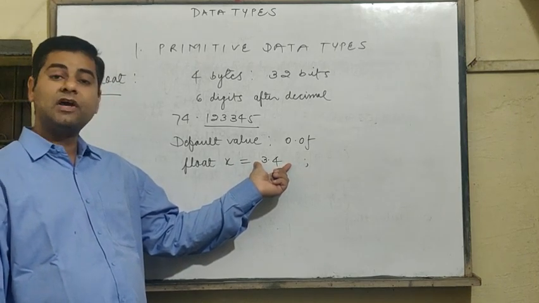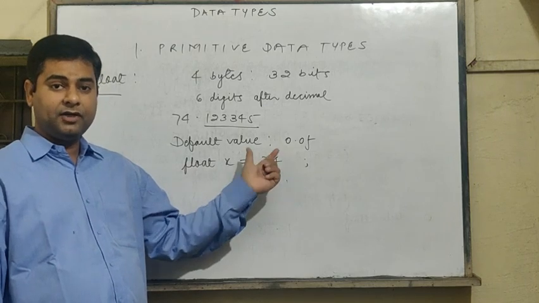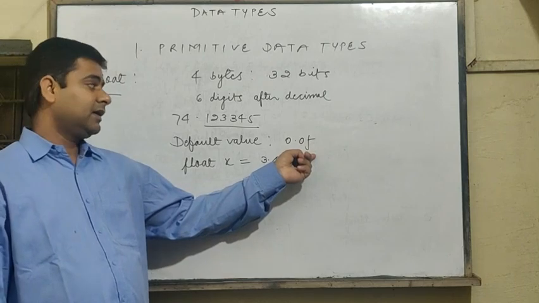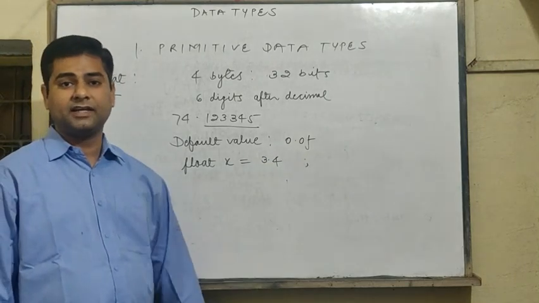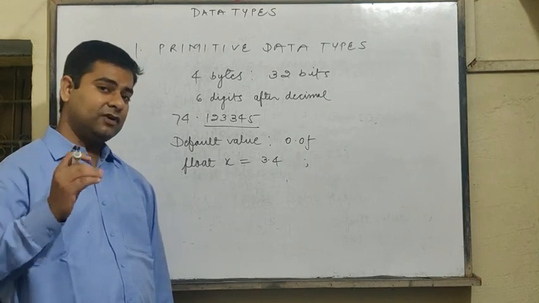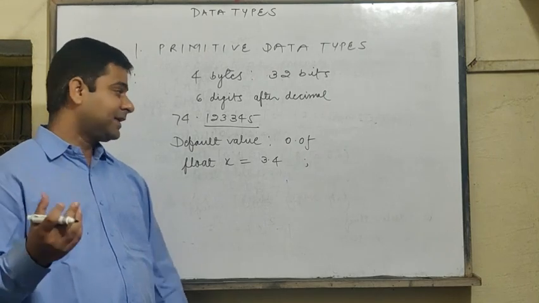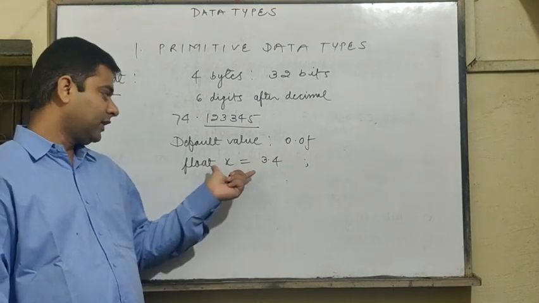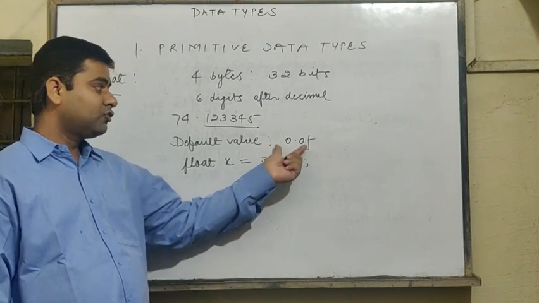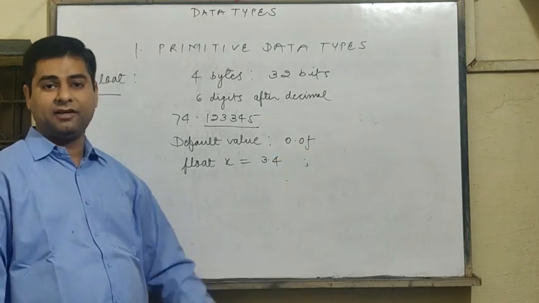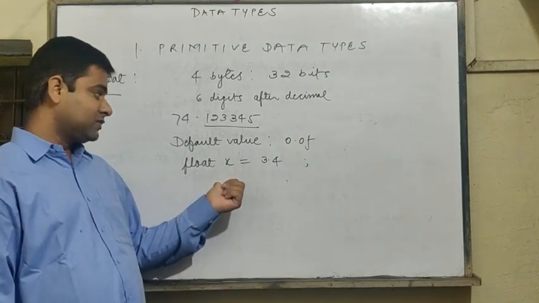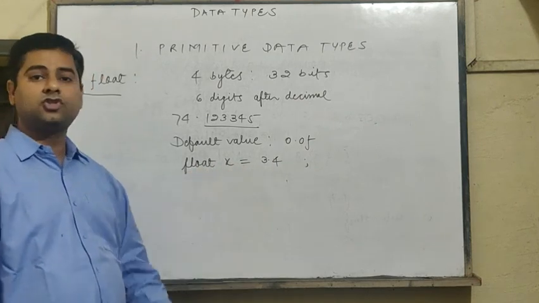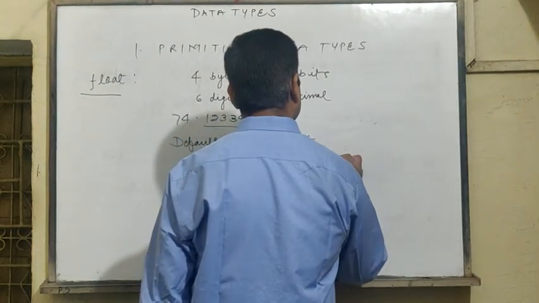It will not take this value in float data type. Just keep it in mind. If you are writing any decimal value and you are not writing its capital F or small f suffix, automatically it will take that particular decimal value in double data type. And double data type cannot be stored in float data type. Again I am repeating, if you are defining any decimal value in float data type, you will have to write its suffix, either small f or capital F. Then only you can store this value in float data type. Otherwise not. Means if you are writing float x equals to 3.4, it will give you error.